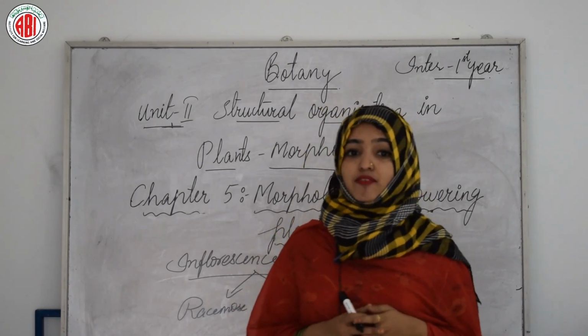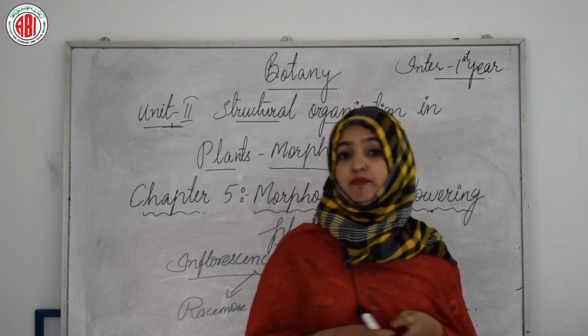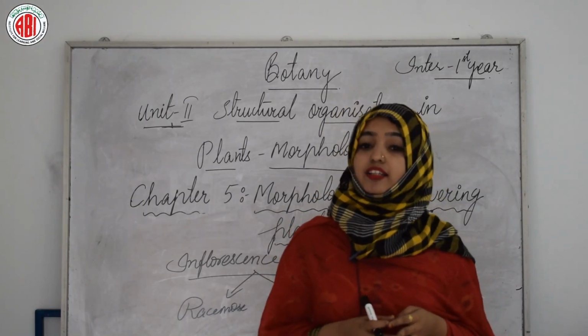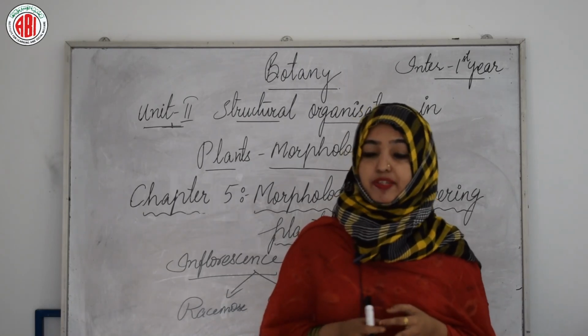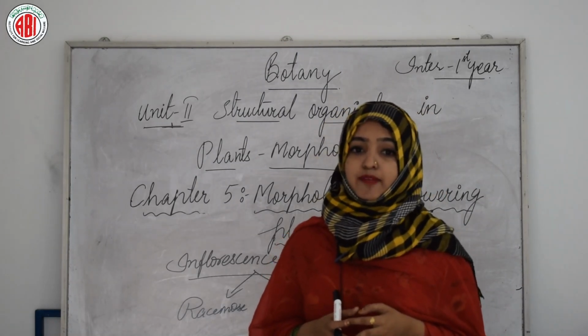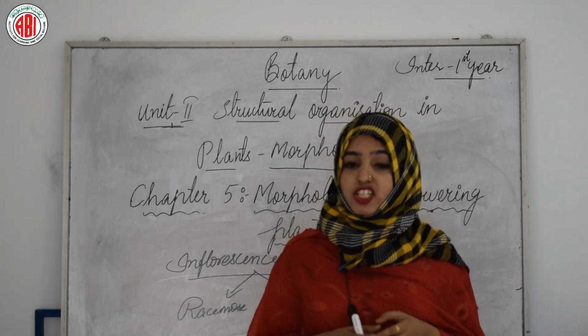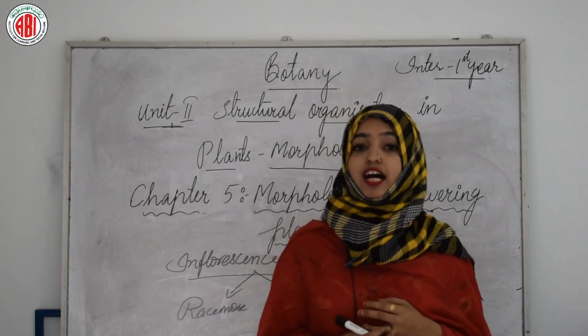In monochasial cyme, only one branch will be growing at each time. The example for that will be the Hamelia. And for the dichasial cyme, the growth of two branches can be seen at the same time, and the example for that will be Ipomoea. And polychasial cyme, where more than two branches will grow at each time, the example for that will be Nerium.